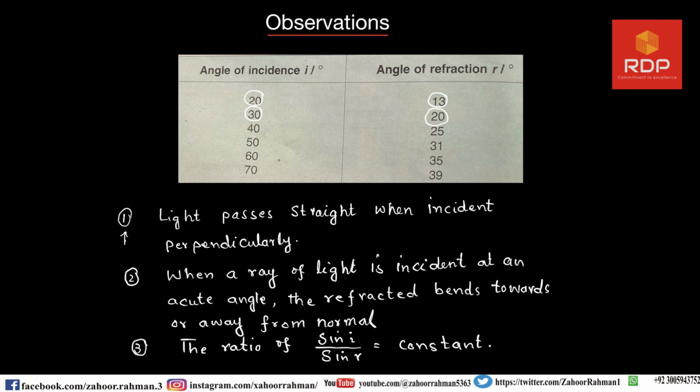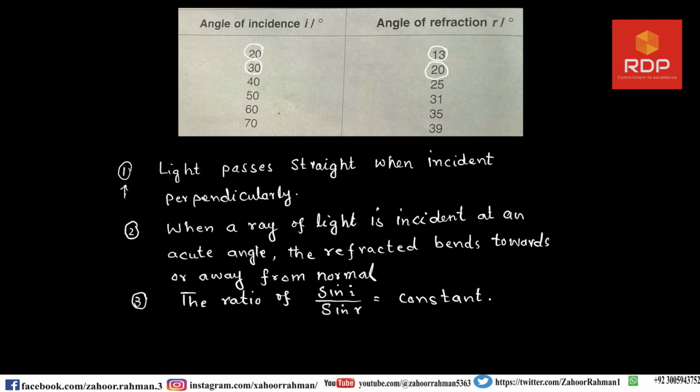dear learners. That is, the light ray is bent away from the normal when it travels from a medium such as glass into an optically less dense medium such as air. And I told you that in greater detail a few moments back. Now, the third is very, very important, and that is the ratio of sin I and sin R is constant. This is extremely important